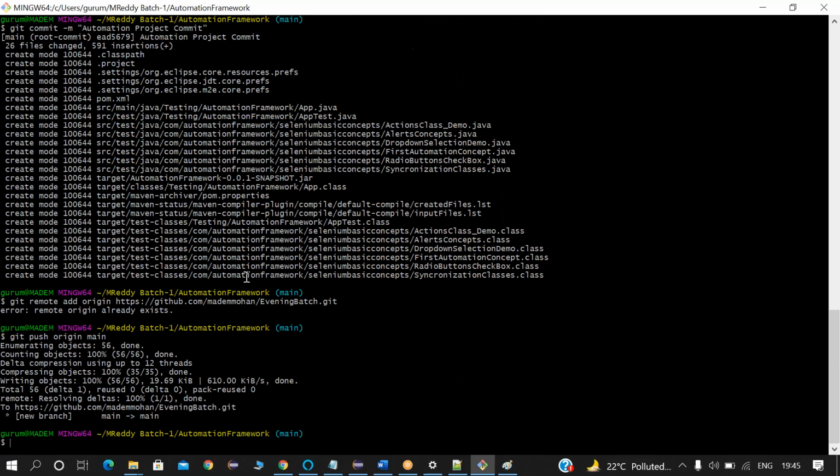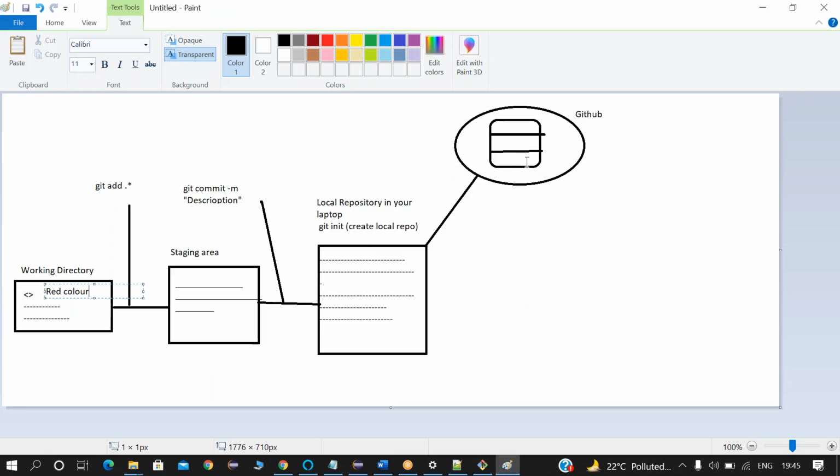Then I need to push my code to the remote repository so that other team members can access it. How? I need to add this repository to this machine. First, we need to configure our remote repository to our local repository. First, we need to configure our local